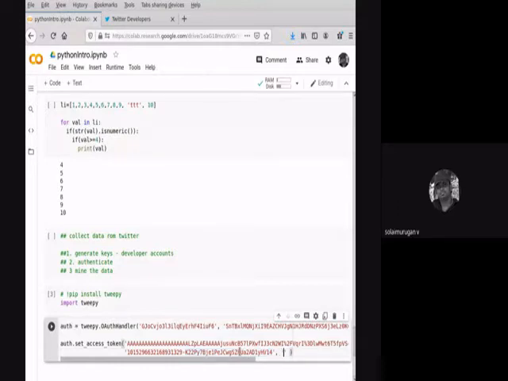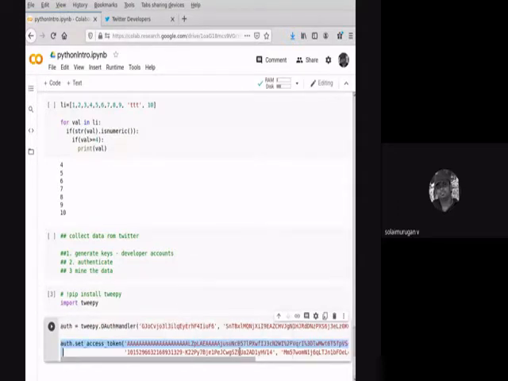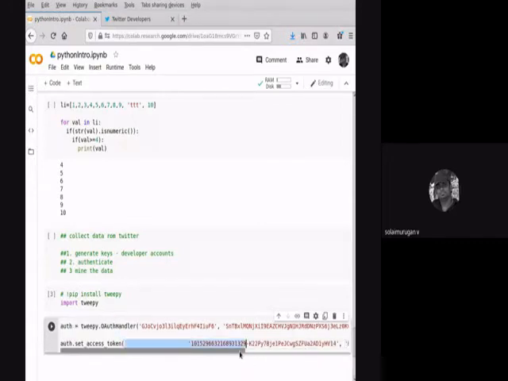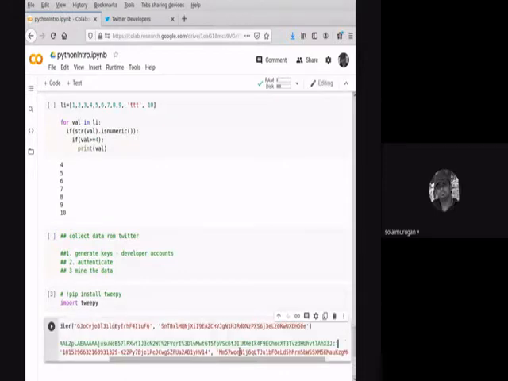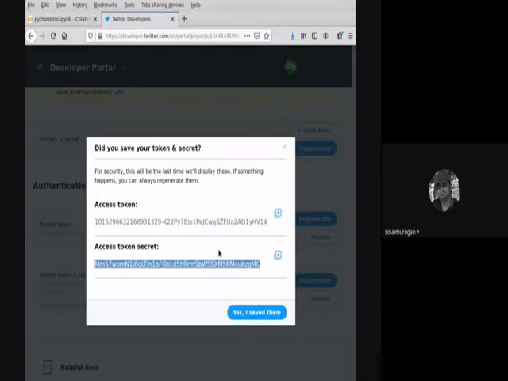The above key is not required. I'll remove this one. I will just save this key alone. So the first two keys I passed, and the second, the access token secret, I just copied and pasted.